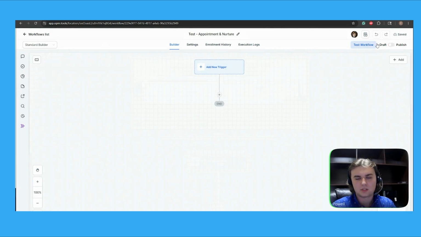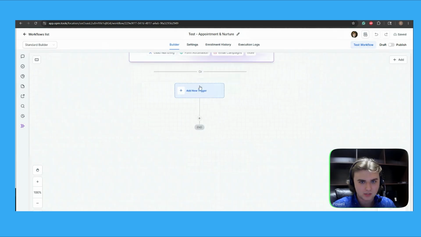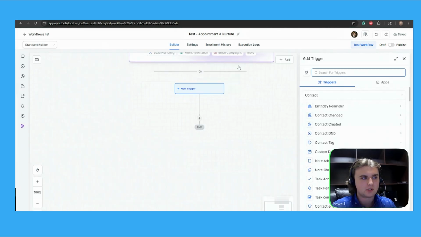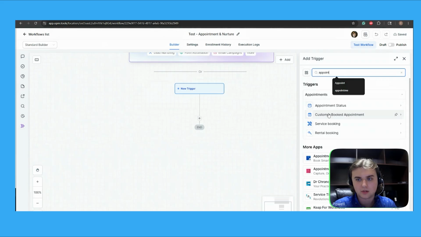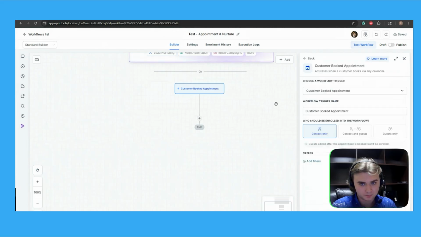All right. And once that's been done, it will automatically save throughout all the changes that we make. So to start off, we're going to set our trigger. The trigger is going to be appointment status, or rather customer booked appointment. Contact only, but you can add contact and guest or guest only as well, depending on who was booked for the appointment. And then we're going to add an additional filter